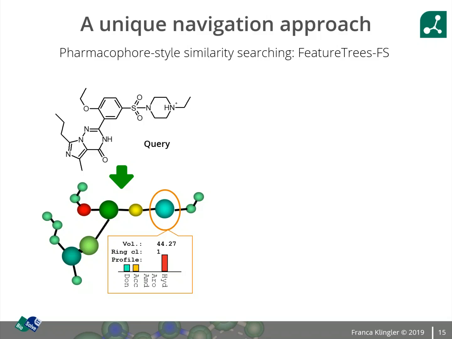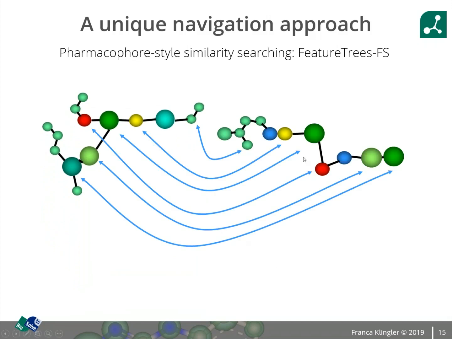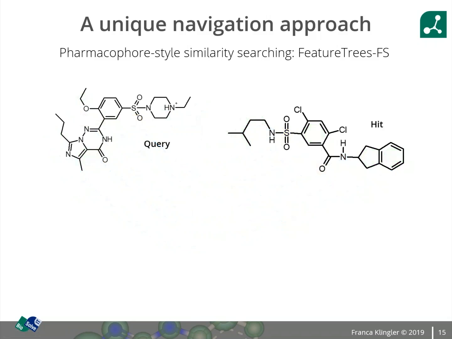So, for example, the piperazine ring here has a volume of 44 cubic angstrom, has a ring count of 1, has some donor acceptor features, but no aromatic or amidic features, and a bit of hydrophobic feature. And so those are the bits that are searched in the space. And when you then have this tree of your query, the algorithm will come back with a second tree of your hit molecules, which is then retranslated into a molecule. So if you go into the real space with a molecule like this here, you will come back with a